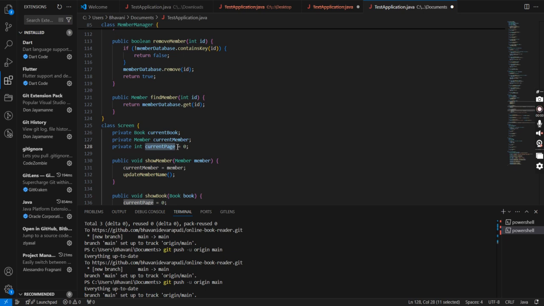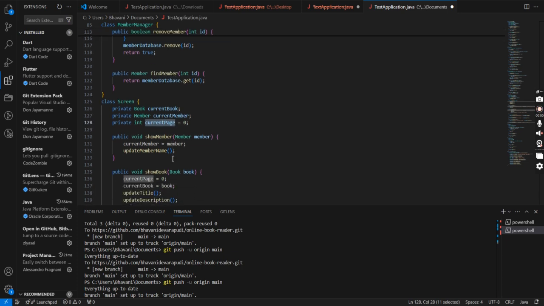And int current page equal to 0. This represents the current page number of the current book being displayed. Here int is initialized to 0, and tracks the page number for the book navigation, allowing operations like moving to the next or the previous page. Here we have various methods